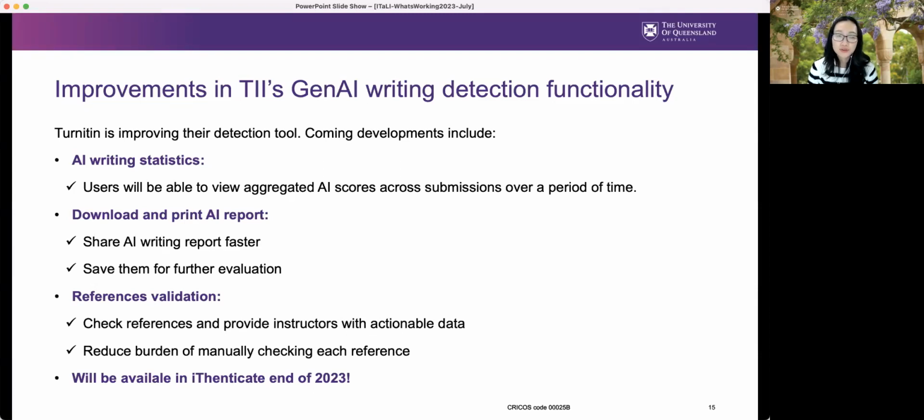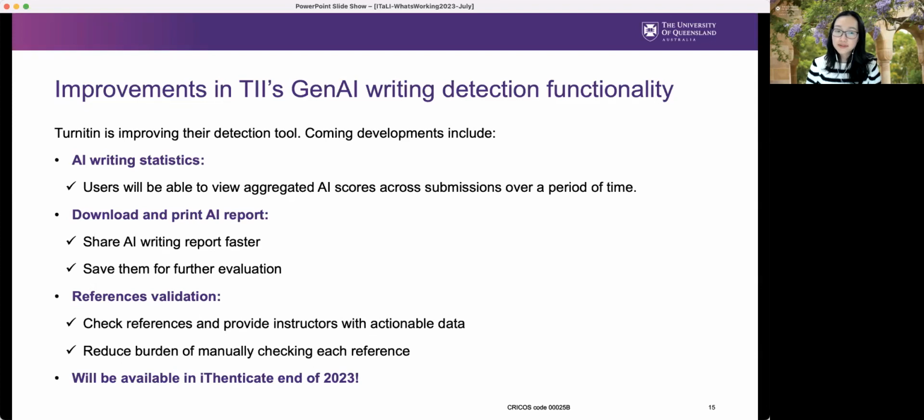Currently, course staff can click on the submission and see the AI indicator in the student submission, but not the aggregated score yet, similar to the similarity report, but that column will be added in the near future. And secondly, at the moment, staff can download the similarity report, but not the AI report yet. So that one is also in development.